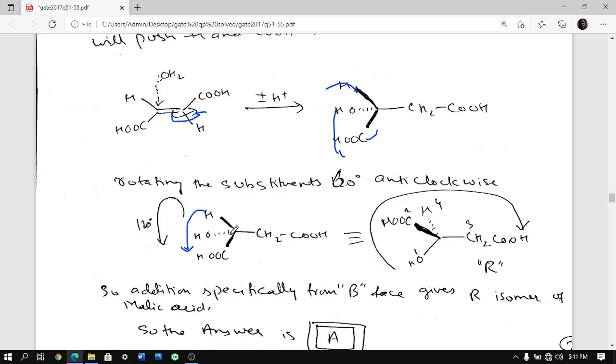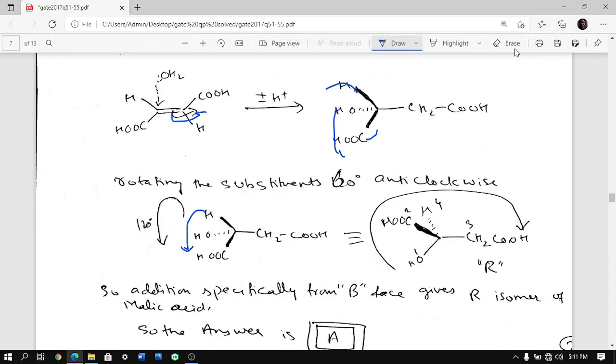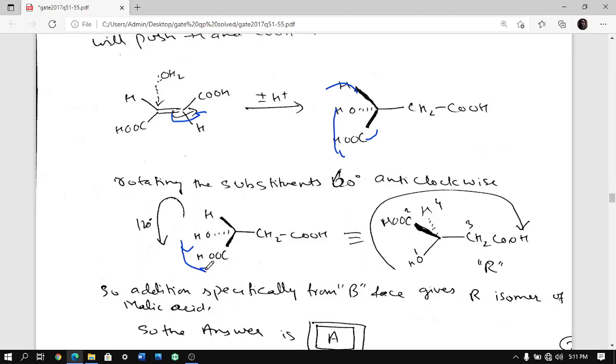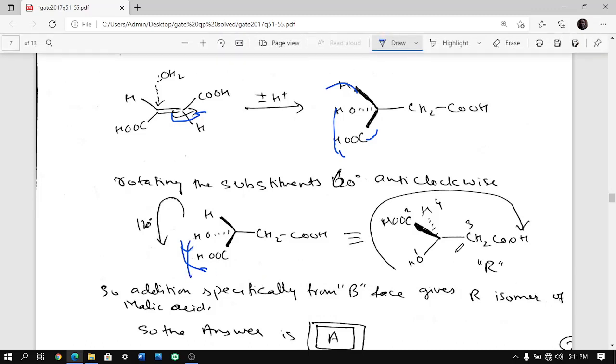Wait, what have I done? I think something is wrong, okay. I didn't write it properly. Basically we have to rotate this one 120 degrees, so 120, 120, 360, right. So 120 degrees I am rotating here so that OH comes in the plane, this COH comes to the front and this H goes behind, and you get it like this, okay. So there is no issue because the overall angle should be 360 degrees. So when you rotate 120 degrees, you get it like that.